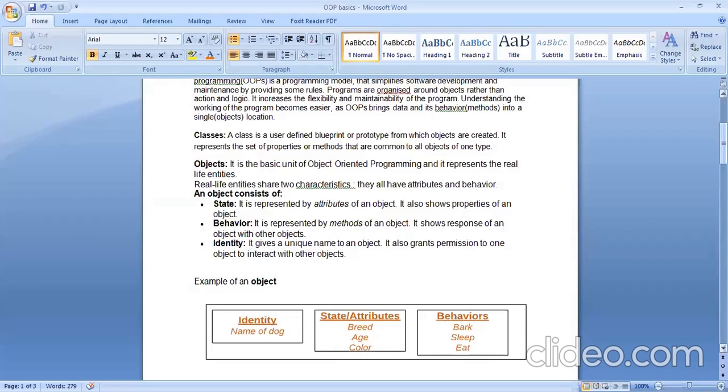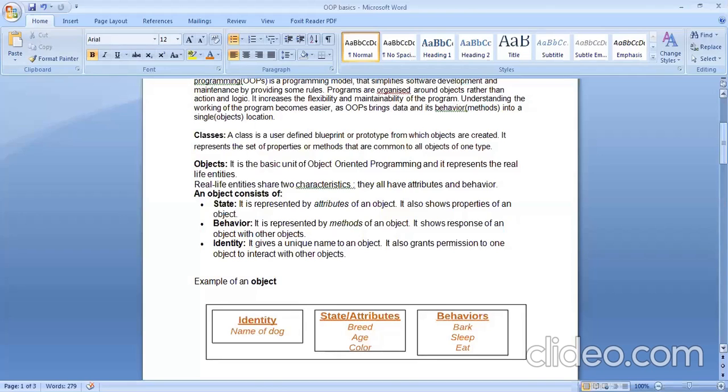So every class is a definition of the properties and the behavior. Not just properties and behavior, but similar properties and behavior belonging to a group of objects. So since the students of your batch exhibit similar behavior and similar properties, that is why you have been placed under one particular class or one particular batch, that is BTech CTIS.